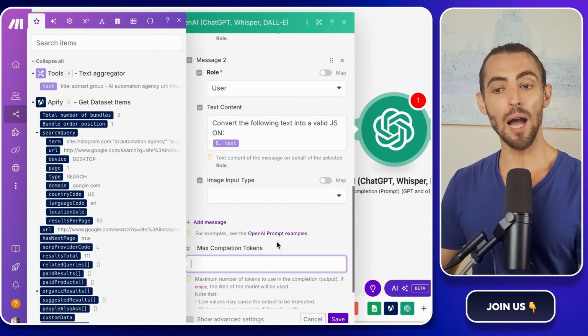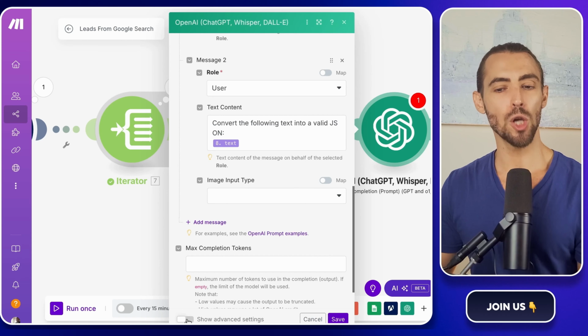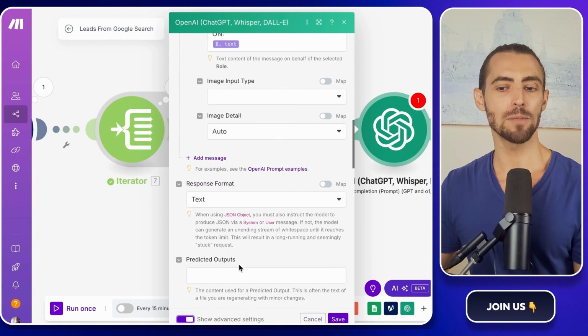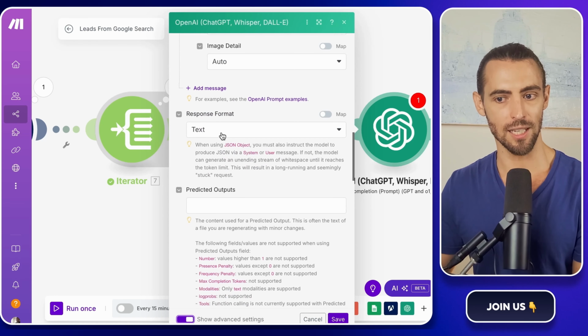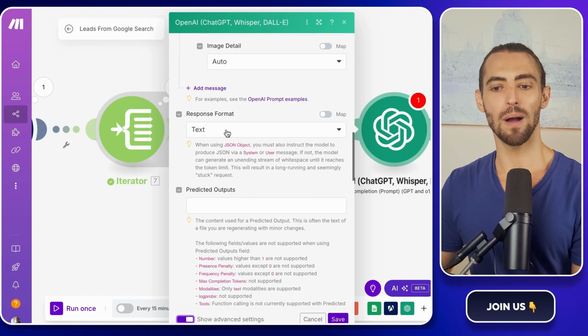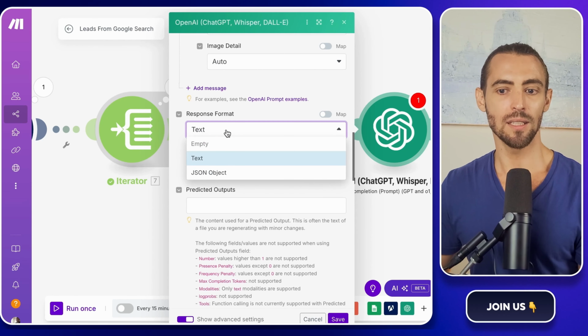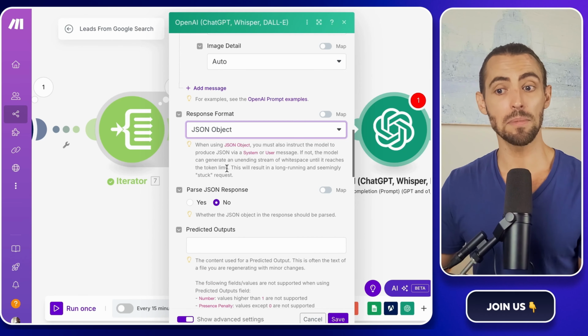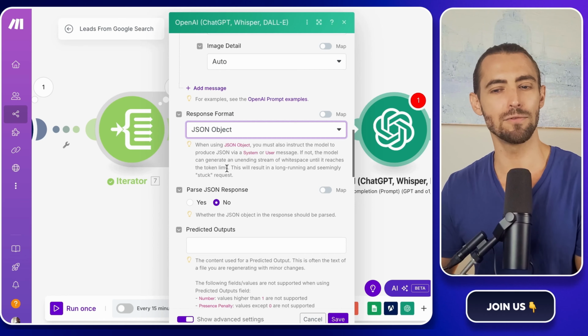In the OpenAI module, scroll down and click the Show Advanced Settings toggle. This gives us a few extra options that help us process the response more efficiently. Under Format Response, select JSON Object. This ensures the response is structured properly so that Make.com can read it as data instead of just a block